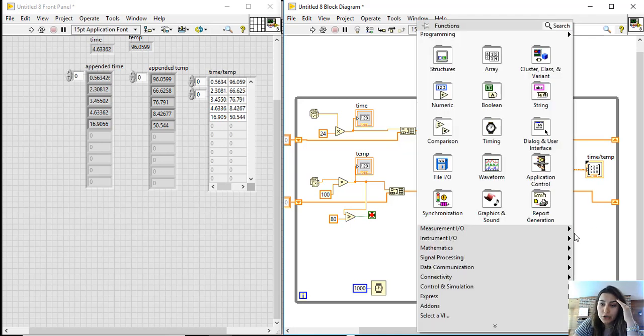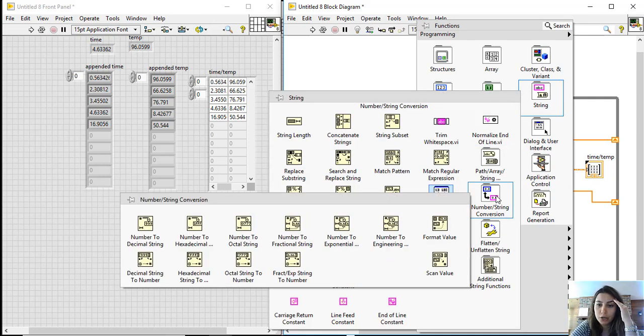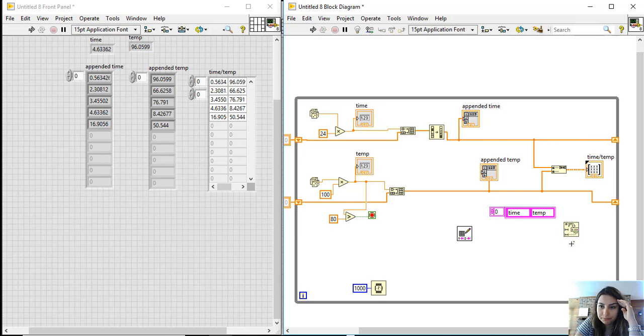To do that, you have to right click and go to the string function. There is another function inside which is called number to string conversion. And once you are here, choose number to fractional string, because your string has decimal points. It's not just 1, 2, or 3. It's like 1.34 something. So choose number to fractional string and put it here. So now, if you get your matrix connected to the number here,